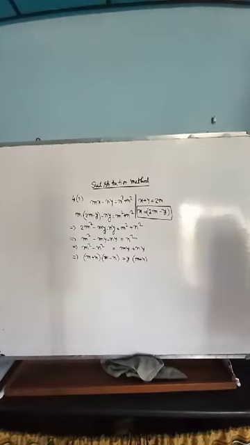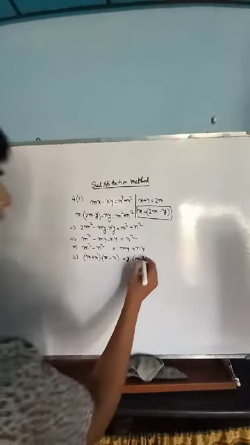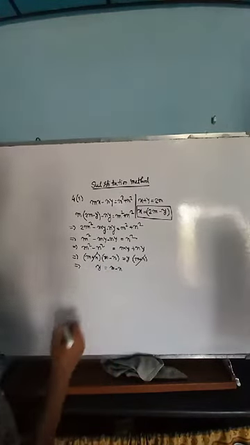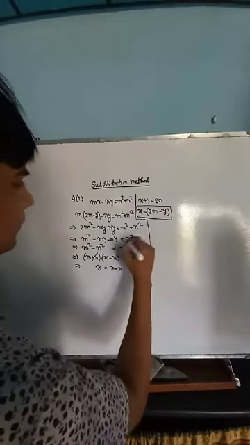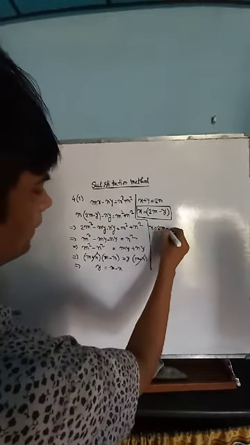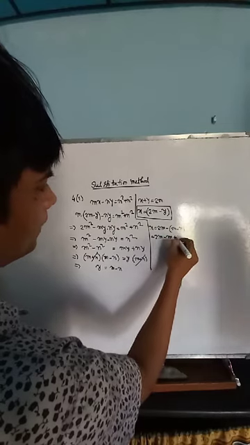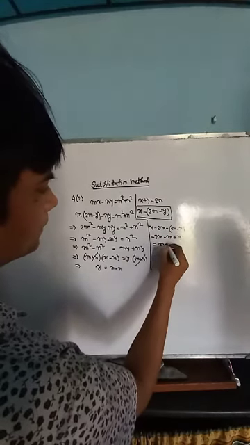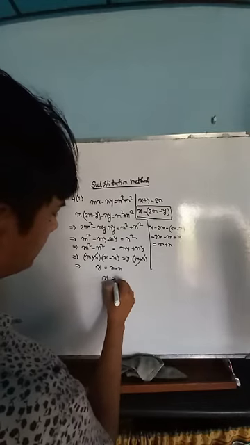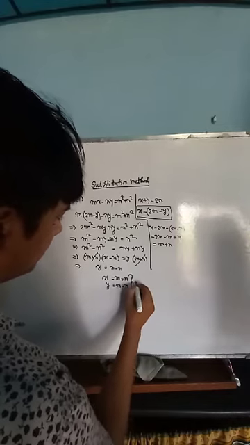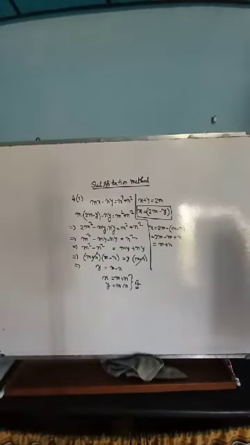Just follow the process, in which way you can solve that part. This is the methodical way you can solve it. Okay. So now m plus n will cancel. So the y value is what? m minus n. Now if I put the value here, x is equal to 2m minus y, that is 2m minus (m minus n), so 2m minus m plus n, that is m plus n. So your x value is m plus n and y value will be m minus n. That will be the answer.